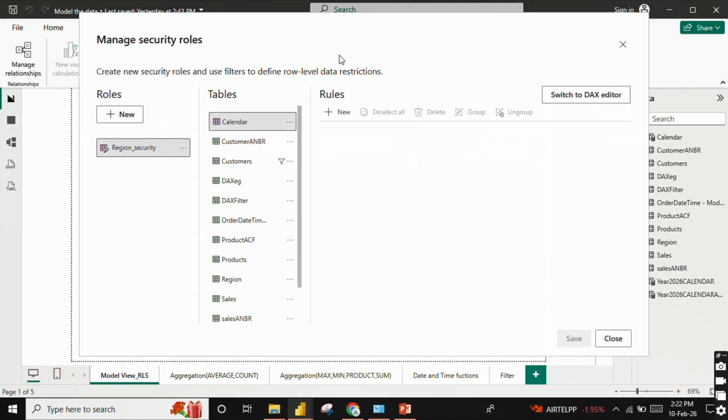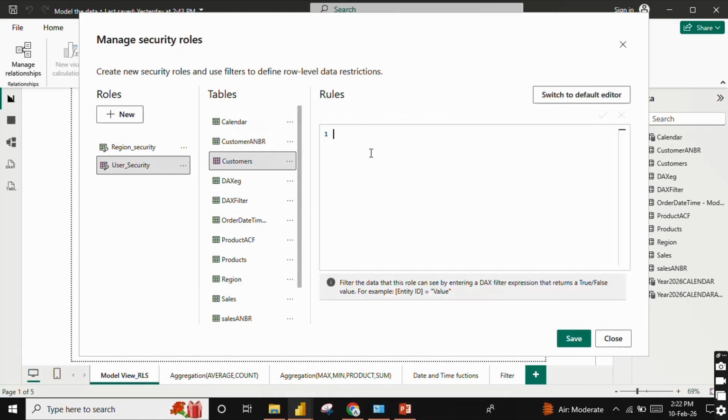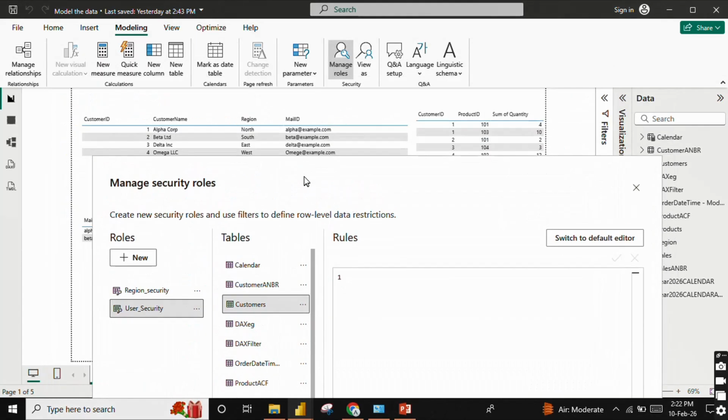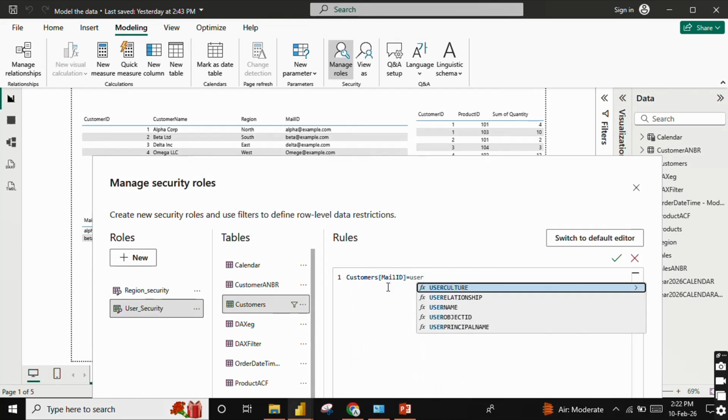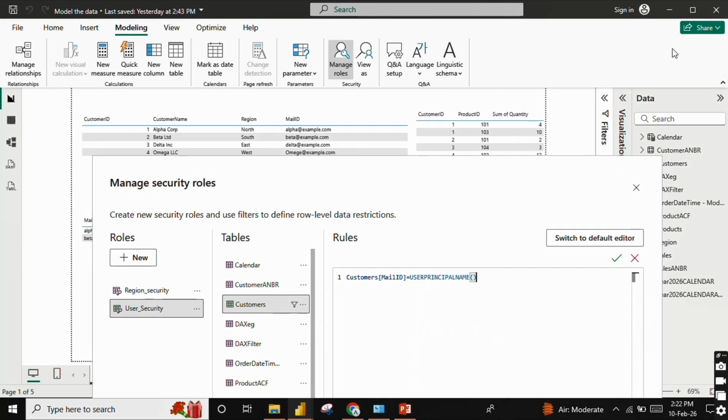For that, again you need to create a role: manage roles, click on new. This is a demo for user security. Now which table? Customer table. Switch to the DAX editor. Here I want to compare with the mail ID column, so give the mail ID column in the customer table. What's the function we are using? USERPRINCIPALNAME. Whoever the logged-in person is, that mail ID is returned by this user principal name. That output is verified with this particular column and shows only the matching row data. Click on save